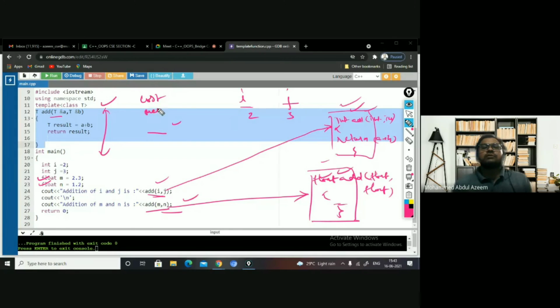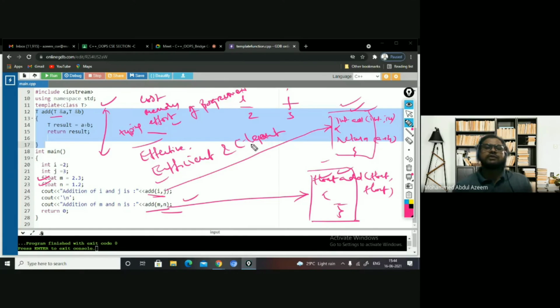It reduces the typing effort of the programmer, and makes the program more effective, efficient, and elegant. So these are the advantages of having the function template, right?